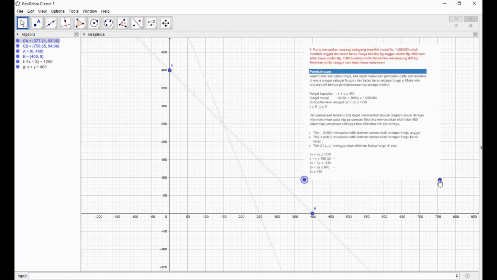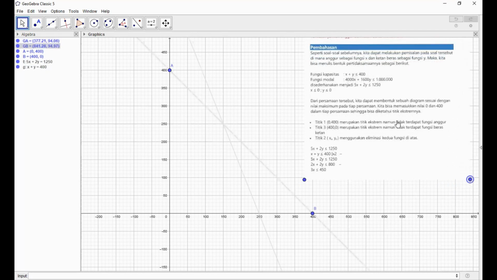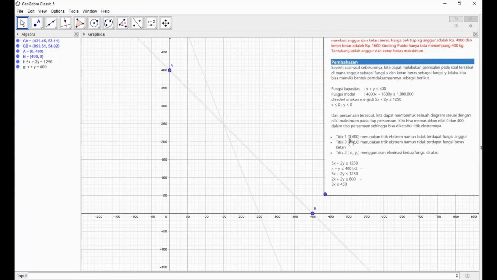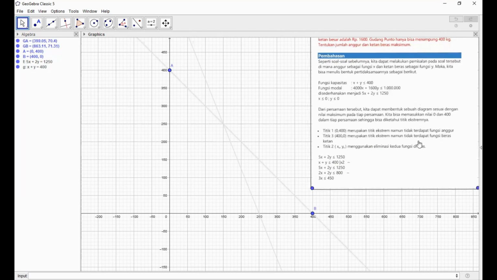We'll see the question. Let's try 0, 400. Here it's A, anggur, and 400, 0 is B, beras ketan. Now we will see the result of this question.